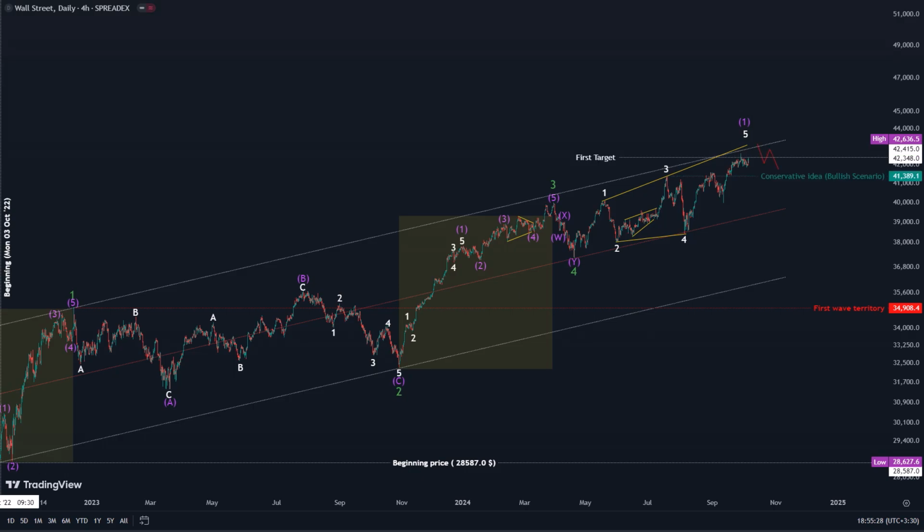However, the question remains whether this is a leading or ending diagonal. The almost equal size of the first and third waves suggests a possibility of the fifth wave expanding, but it may also be limited to the same size and enter a larger correction pattern. For now, the focus is on the bullish scenario for extending the previous peak in the bull market. The market price has broken through and only requires a corrective pattern within the defined range, along with price action exhibiting an impulse pattern.